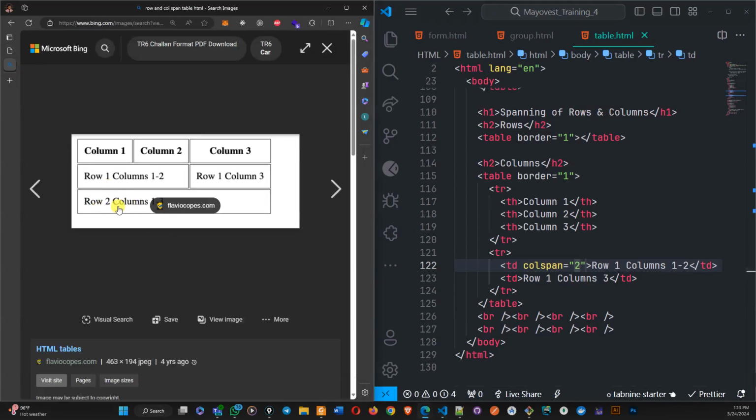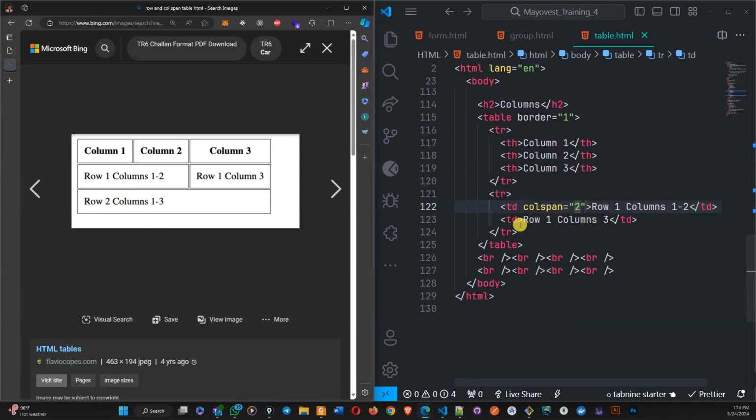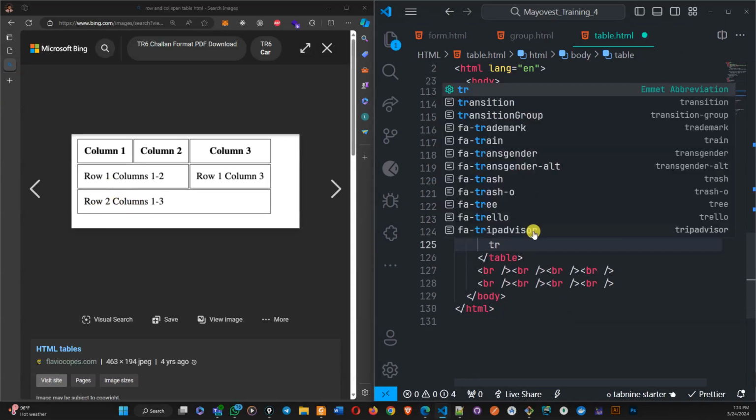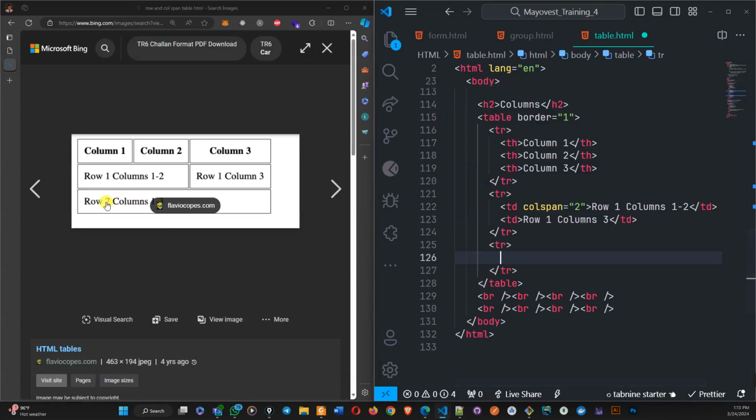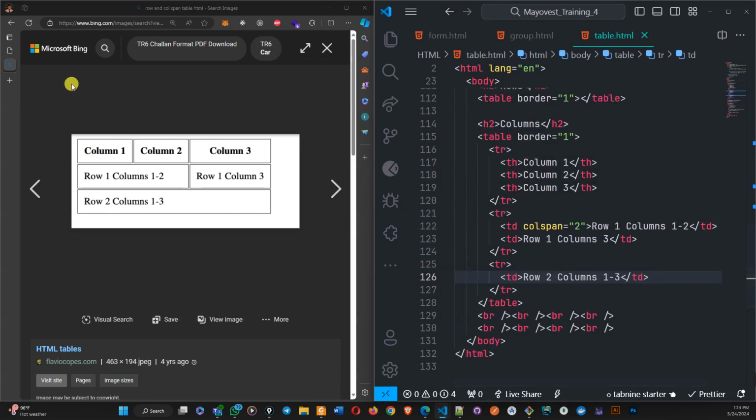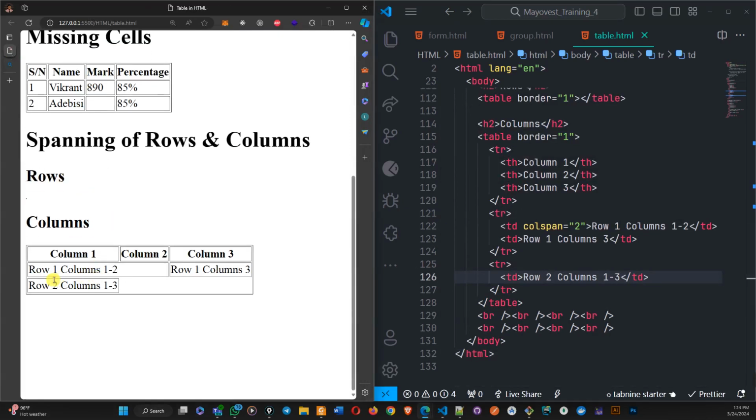And lastly, we have this third row. Again, I'm going to have another row, but if you look at it, inside this one we only have one cell, but this single cell is joining multiple columns together. So it's joining column 1, column 2, and column 3 together. So here I'm going to have a TD, and the data there is row 2, columns 1 to 3. But if I save it, it's not going to work like that by default, because by default it only takes one